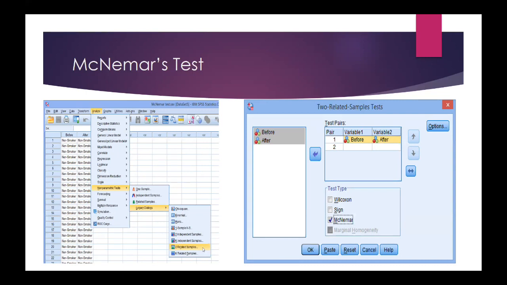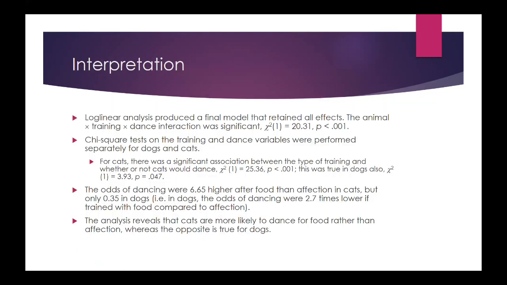Yeah. On that last one, on the odds ratios, how you present them. So you've done it in the same sort of order for cats and dogs, food, then affection. Is there any problem of doing it the other way, of saying 6.5 times higher odds for food than affection for cats, but then 3 times for affection than food for dogs? Or is it proper to only do it in that same order because that's how you did the math? No, you could report it, but just know that they'd be